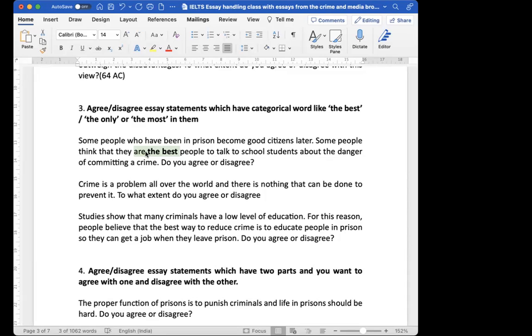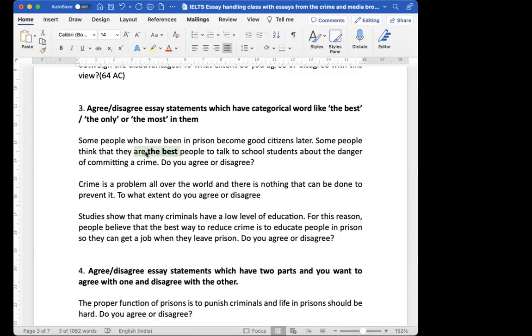अच्छे तो हैं, बच्चे इनकी बात सुनेंगे बिकॉज ये फर्स्ट हैंड एक्सपीरियंस दे रहे हैं, अपनी यातनाएं, what they have suffered in the prisons. They come out and tell the children don't ever do crime because in prisons you really have to live a hell life. Okay, and children will then refrain from doing crime. So they are good people to tell children not to do crime, but they are not the best. Kaun hai?